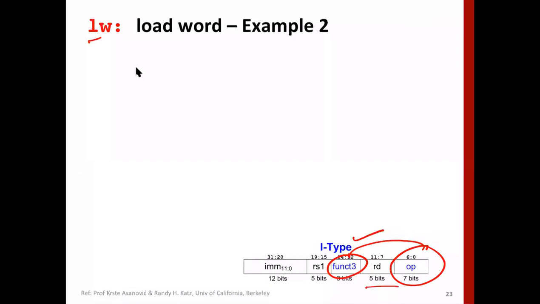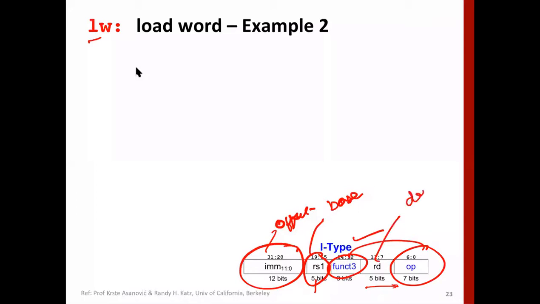Then this is the destination register, where we are getting the data from memory. This is the base register RS1, and this is the immediate field, which gives the offset. This gives the base register, and this gives the destination register. Now from this you can make out, it is 12 bits. What can be the maximum offset? Once you look at this format, you can easily find out the maximum offset, which means the maximum array size you can access.